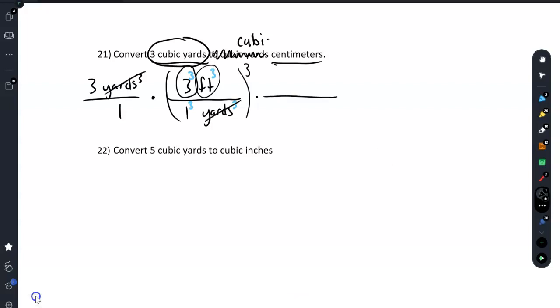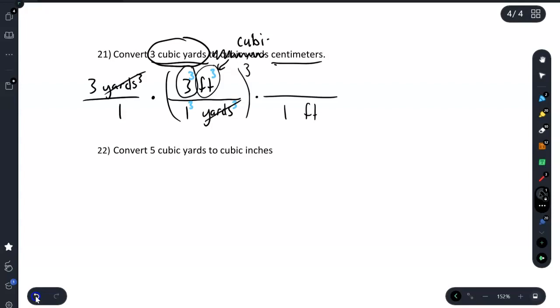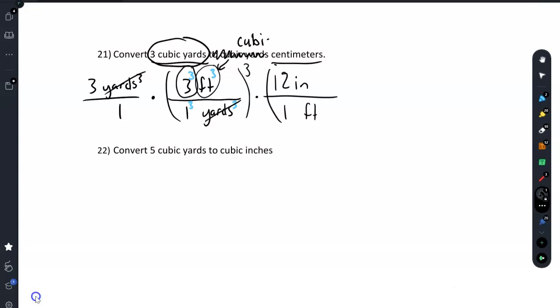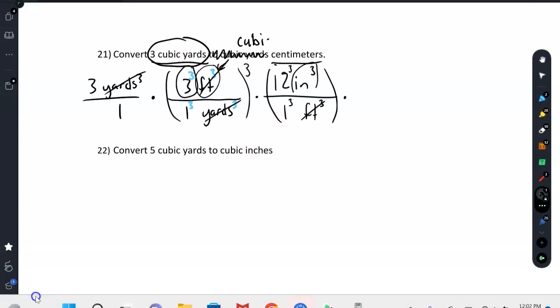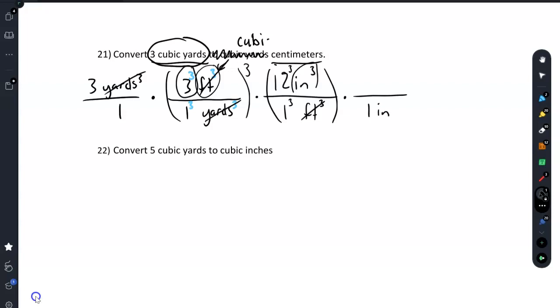All right, so now I have feet cubed up top, and I want to get rid of feet cubed, and I know that I have 1 foot is 12 inches, but I don't need to just get rid of feet. I need to get rid of feet cubed. So I'm going to cube everything. So it's going to be 12 cubed, inches cubed, 1 cubed, feet cubed. That would cancel out my feet cubed, but I have inches cubed, which I want to cancel out. So I'm going to multiply this by 1 inch is